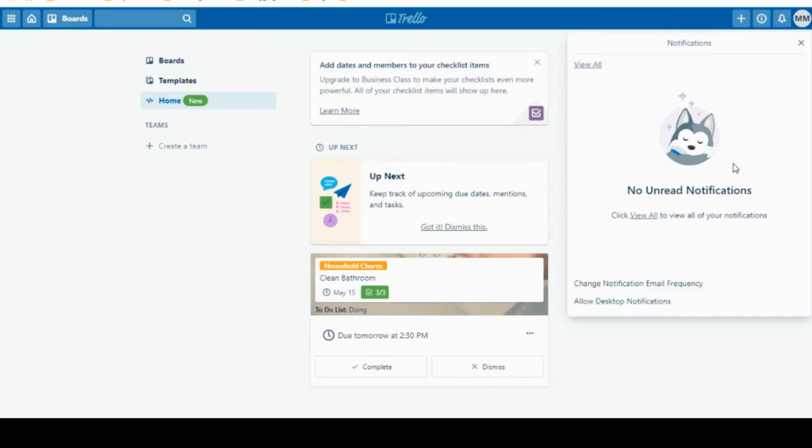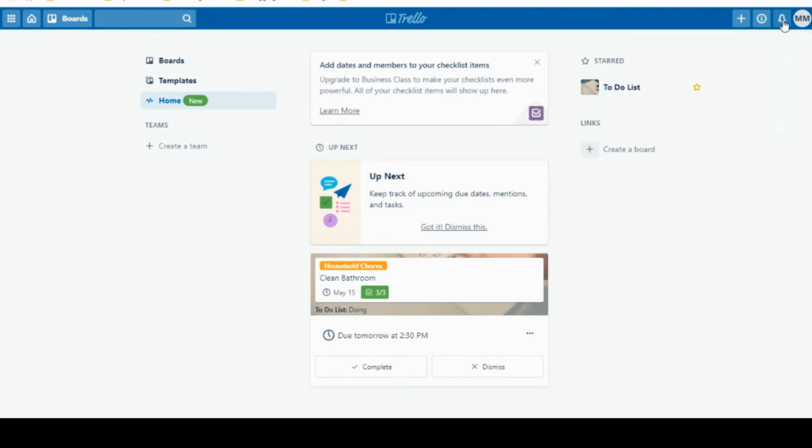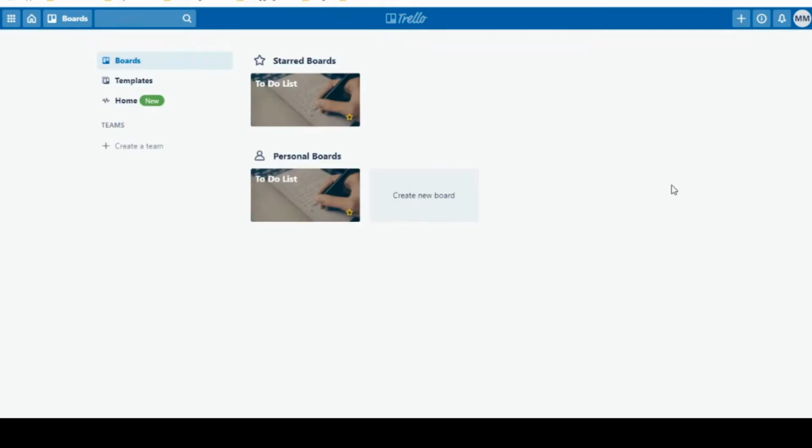So that's where you would find past due notifications, and they would appear in here, and you could just click on them and it will take you directly to that board with that card in it as well. So that is specific to past due. And then again, you can get notifications on your tablet and on your cell phone as well. As long as you have the Trello app on any of those, you can get notifications through that as well. Okay, so that's the overview of the dashboard within Trello.